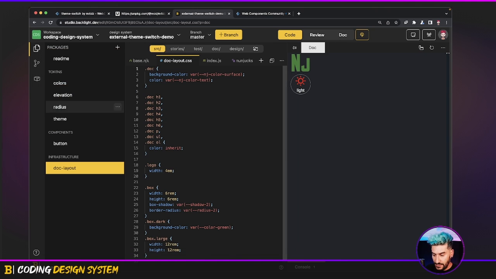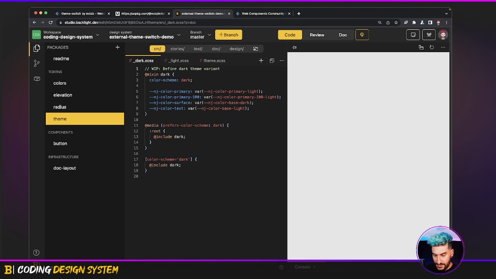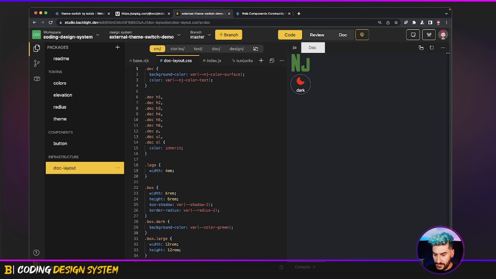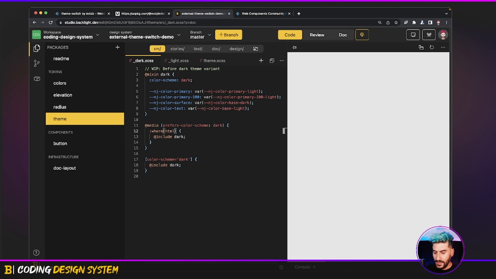So let's say on our theme, let's say it's a where, not a root, but a where HTML was the preferred color scheme, dark and light. Okay, is it working right now? Yes, it works. Okay, did you see that? So our preferred color scheme light attribute was overridden by the colon root elements in the preferred color scheme dark media query,